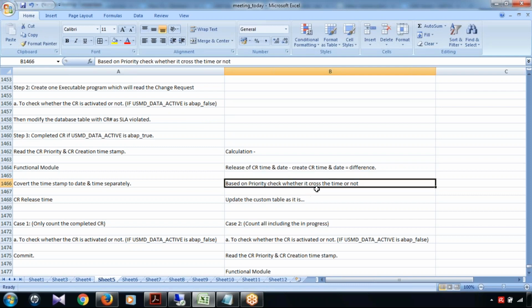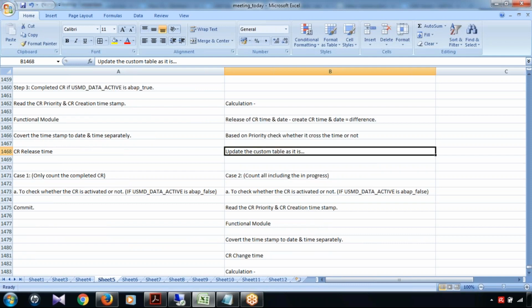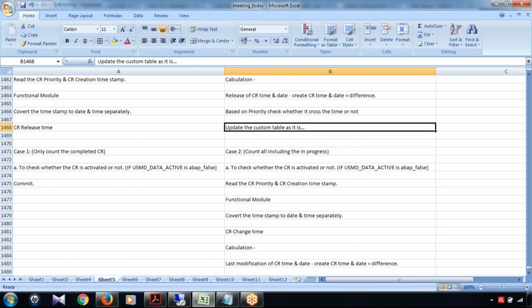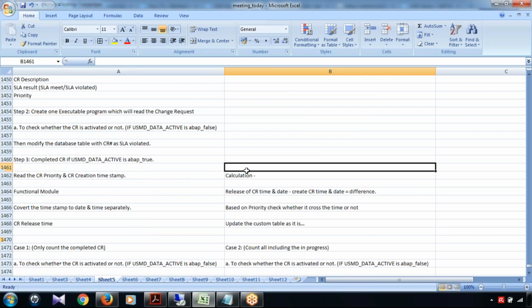Based on the priority, whether it crosses the time or not, then update the custom table as it is. This is how we can identify the entire SLA with respect to each and every change request and update it in the particular table. So this is the case study which I wanted to share with you,